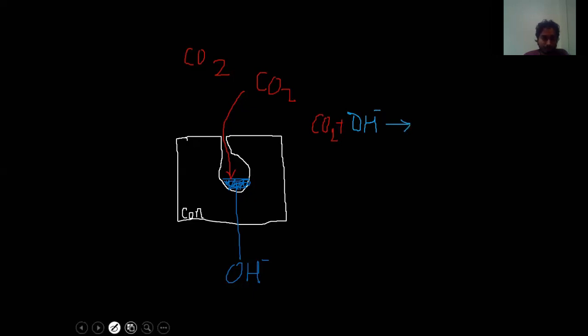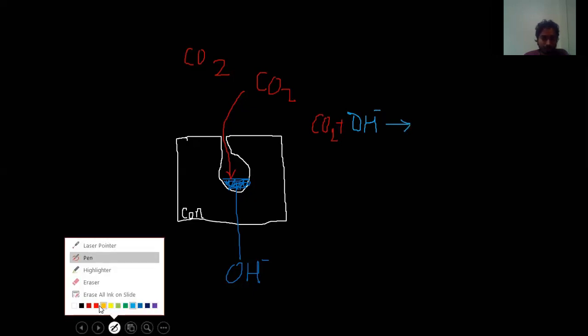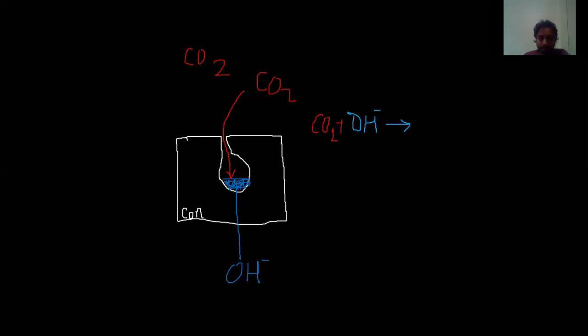It basically forms HCO3. Now what is this HCO3? HCO3 negative. Now how does HCO3 come? This H and CO3, this is 2 and 1. This is HCO3. This HCO3 is called the carbonic acid, and this is acid.